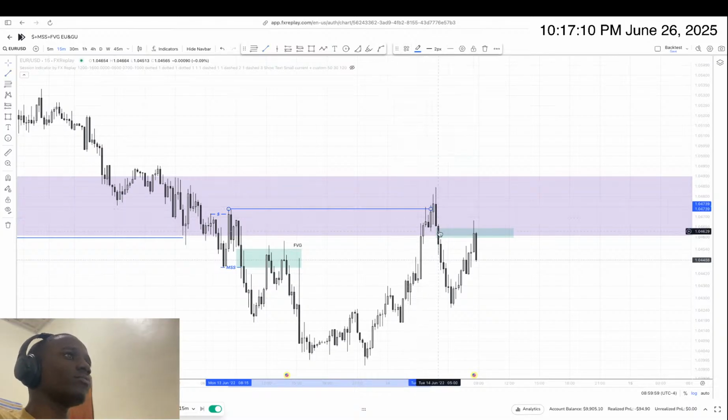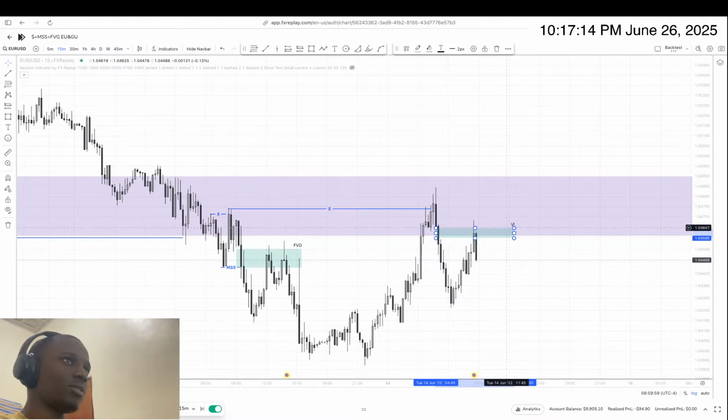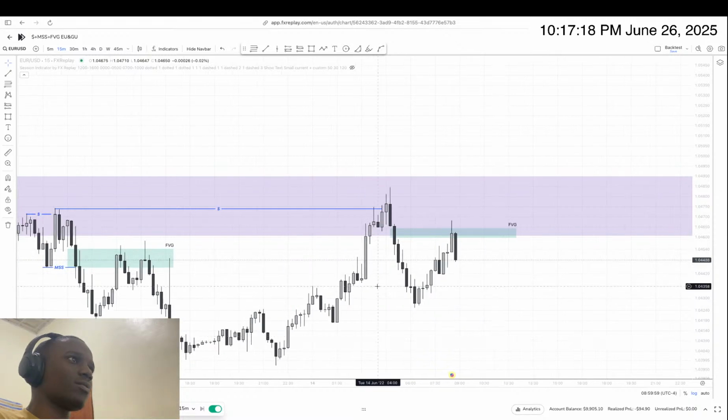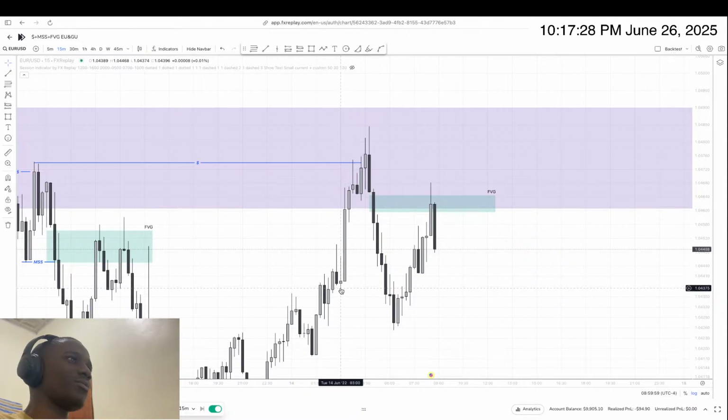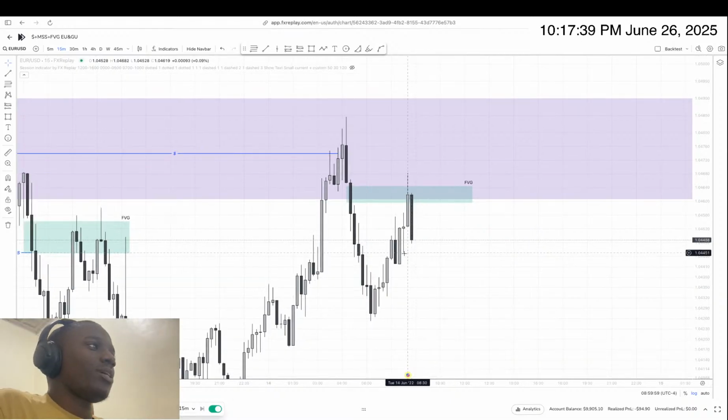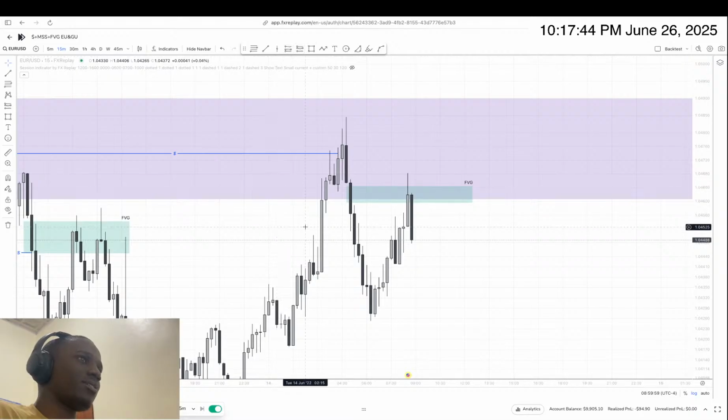We had this sweep, this nice fair value gap on the 15-minute, and the next thing that we had is, well, this was the only slightest small low that was available. The recent low created will be this one, because it has candles that are higher than it. You can see this was the recent low we shifted. So here is where I'd like to place my entry, even though this might be a bit late,